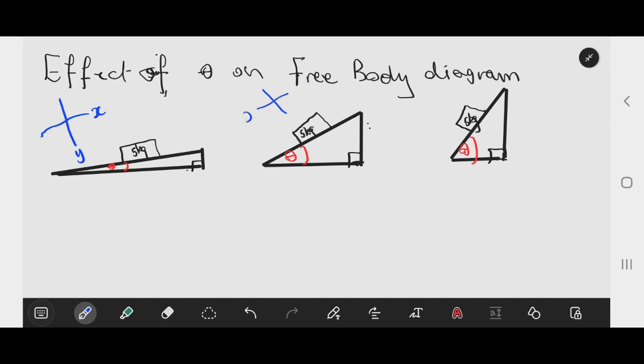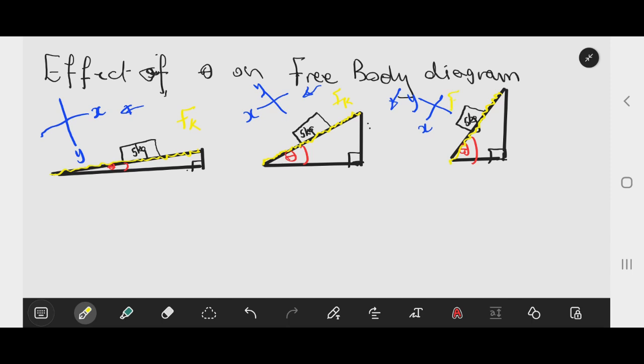The system of axes would be like that, x and the y, and with this one we'd have x and the y. All right, so now let us assume that these objects are sliding down the incline, and these objects are sliding down the incline on a rough surface. So if it is a rough surface, then it means we have kinetic friction acting between the surface and the object. Okay,